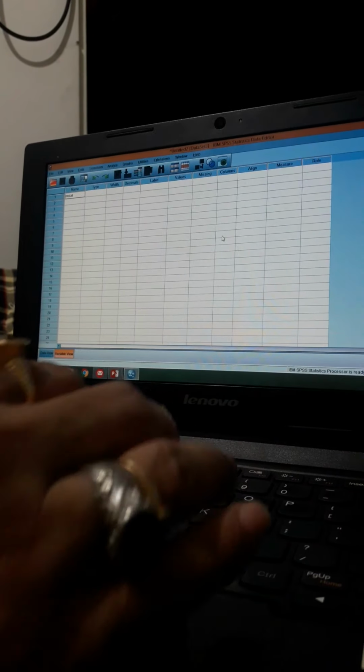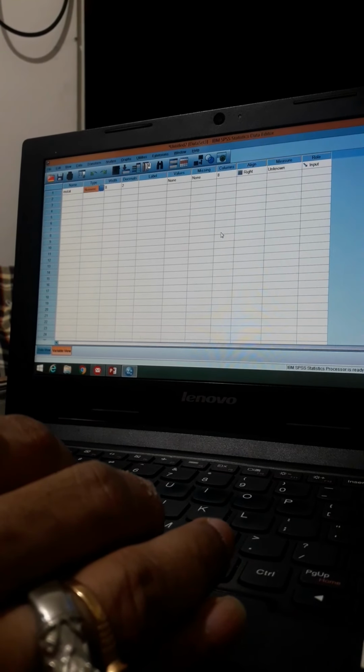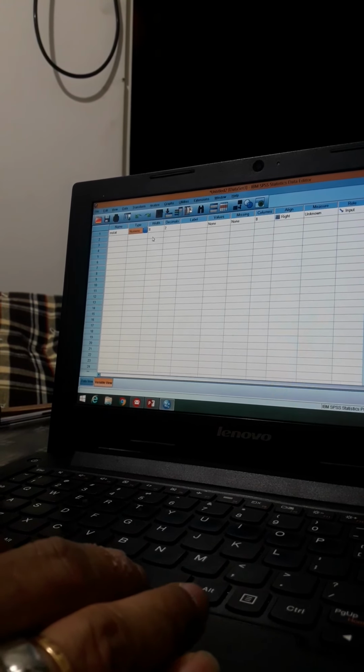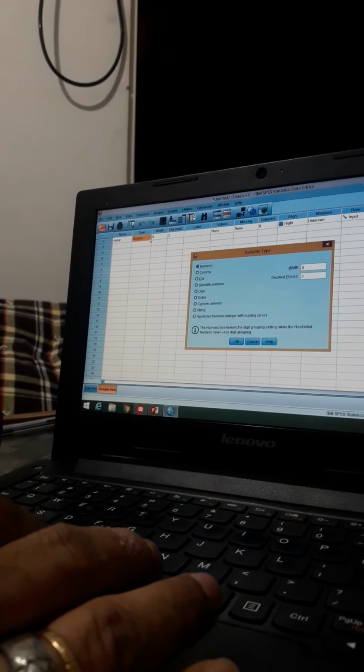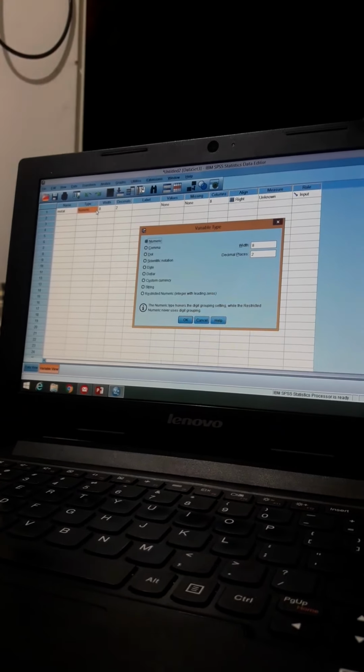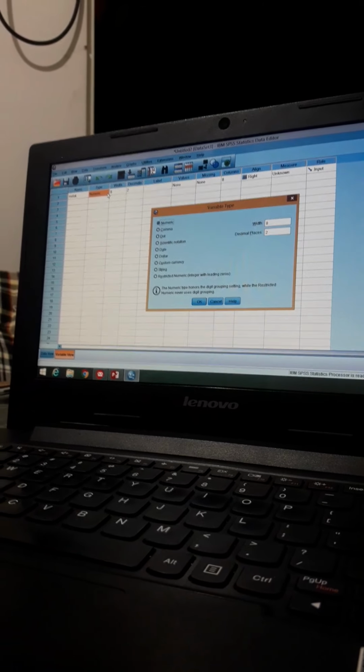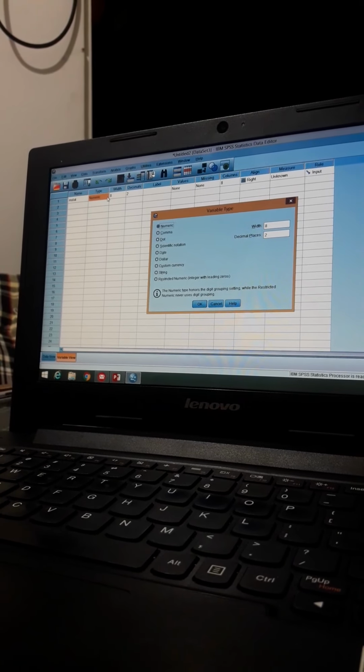So our first variable is marital status. So we will define the variable as mstat. Now this is a categorical data. So we can take it as numeric, comma, dot, scientific notation, date, dollar, custom currency, string, restricted numeric.